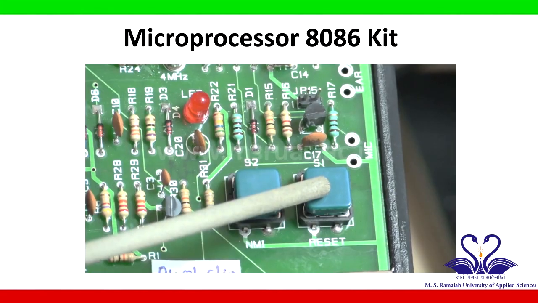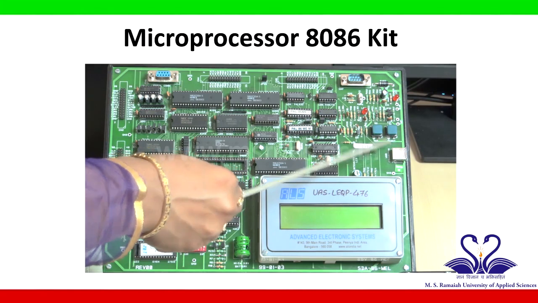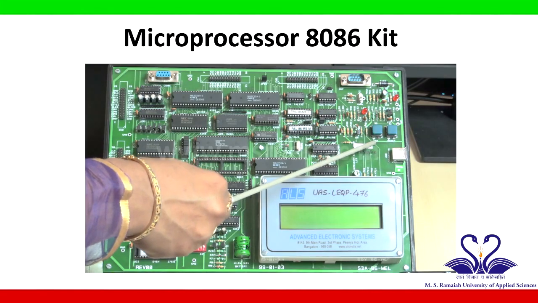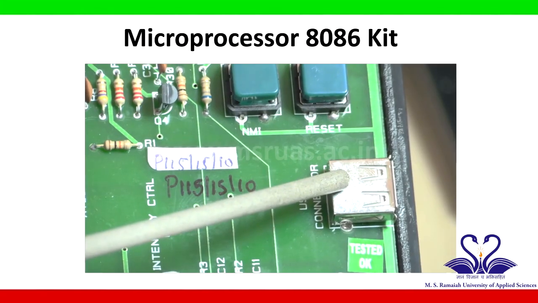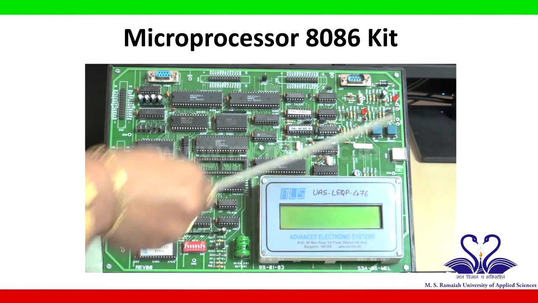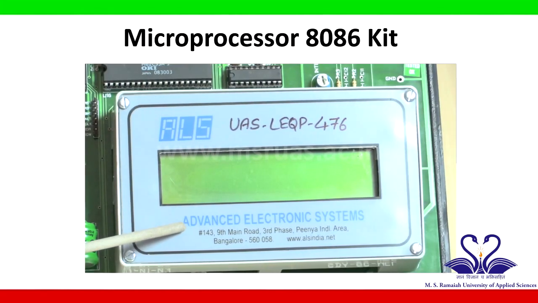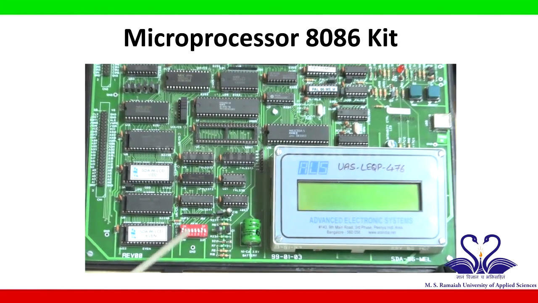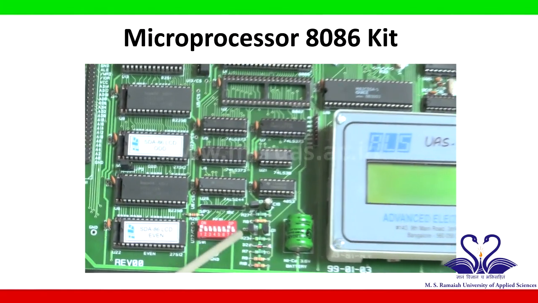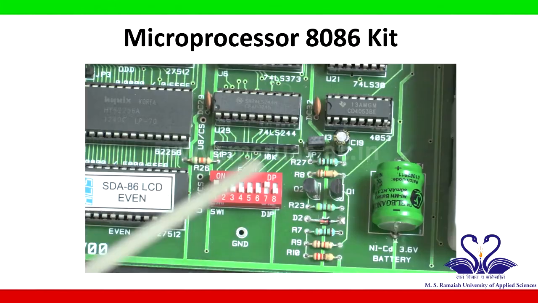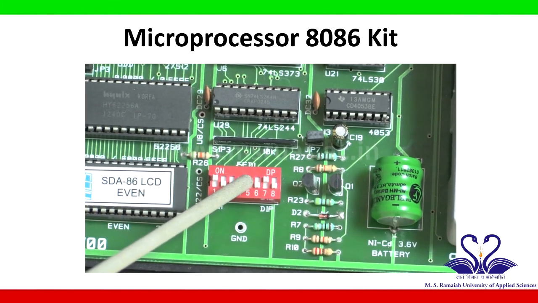This blue color is the reset pin, and this is NMI pin, which is non-maskable interrupt. This USB connector is to connect the keyboard externally for programming. This is an LCD display. This is a DIP switch, which consists of 8 pins. Amongst the 8, 1 and 7 will be on for keyboard connection, and 1 and 5 will be on for